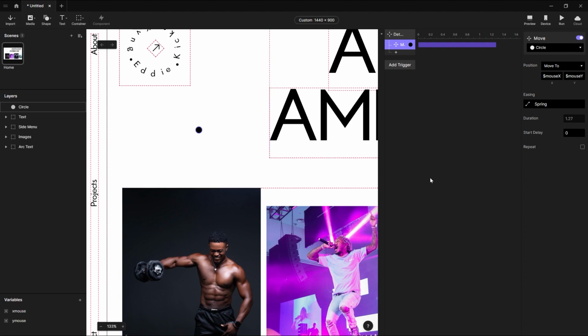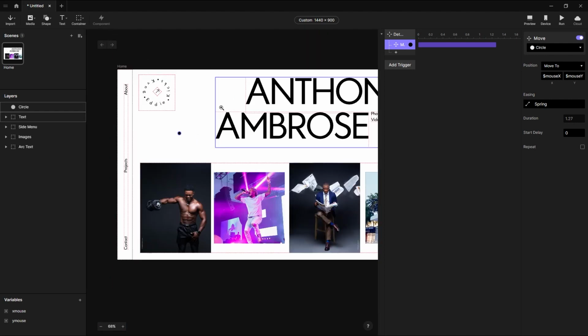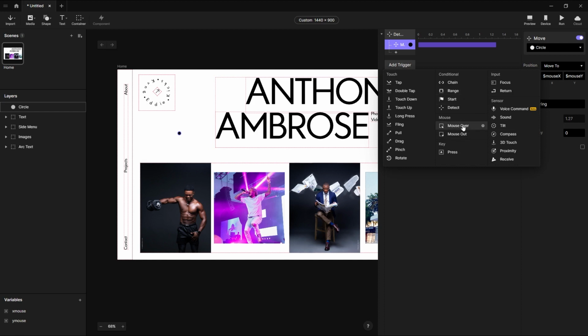So the next thing we're gonna do now is to make this circle expand whenever we toggle to the name Anthony Ambrose. So whenever the cursor enters this text, we want to make this circle get bigger and we want to change its color. To do that is really easy. We're gonna add a trigger. We're gonna use a mouse over,